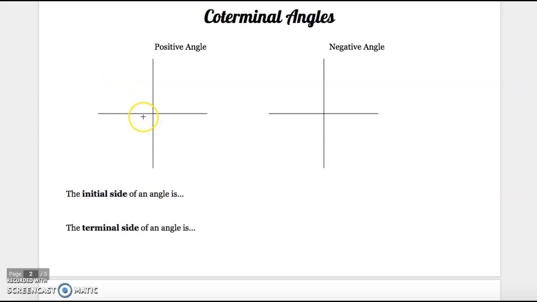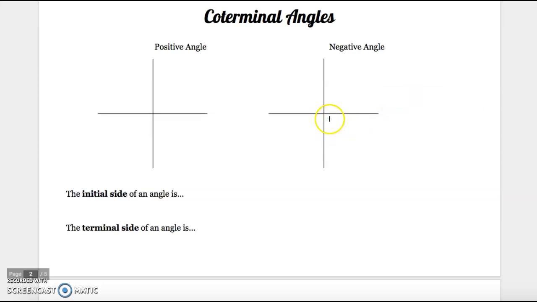All right, today we're going to be talking about coterminal angles, and we're going to be talking about them in terms of positive and negative angles, as well as radians and degrees, so I thought it'd be a good idea to talk about what these mean first. So in math, if you're drawing angles using what's called standard position, it means that we